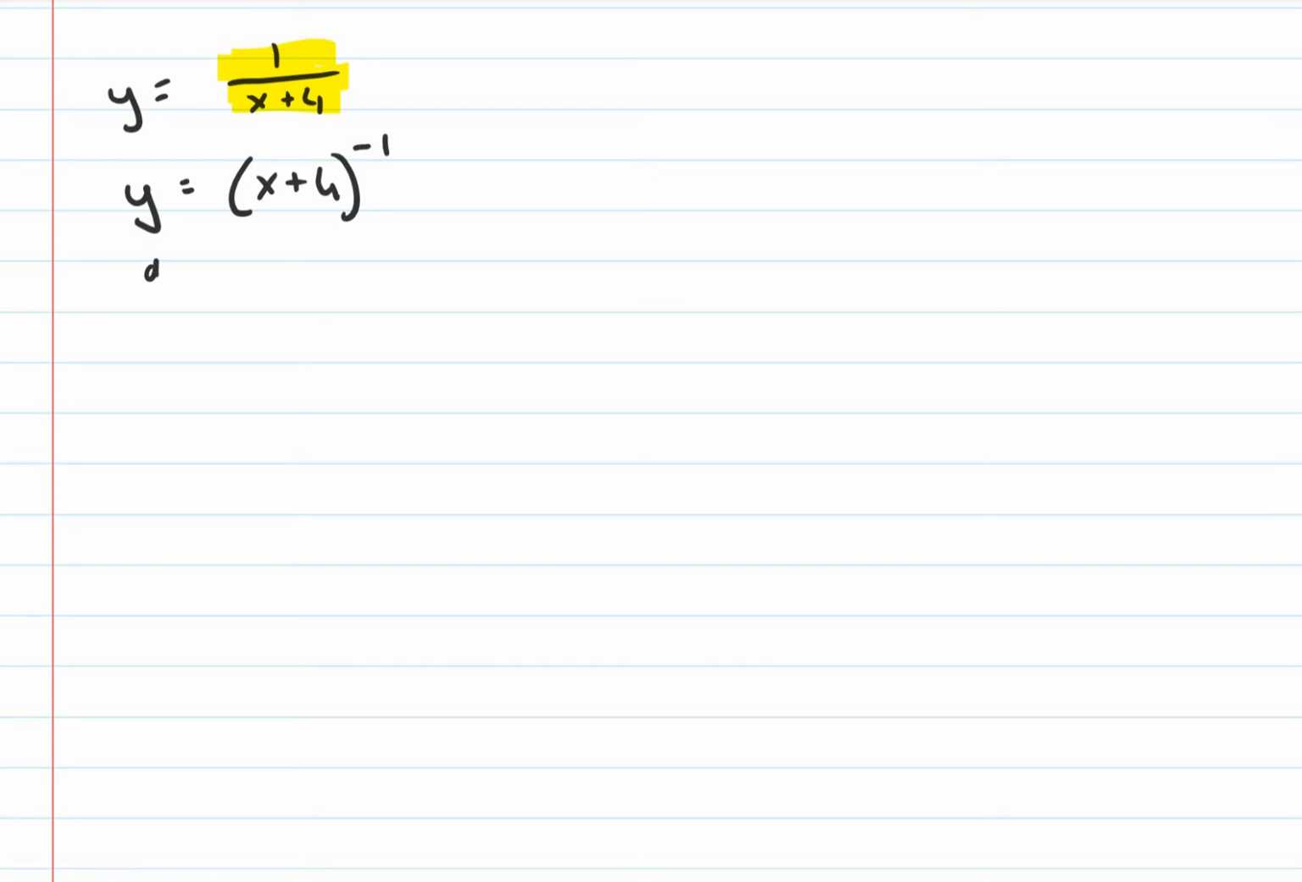So if I differentiate, dy/dx, it's chain rule again. So here we go. Minus 1 (x plus 4) to the power of minus 2, multiply by x plus 4 itself differentiated, which is just 1. So that simplified is just minus 1 (x plus 4) to the power of minus 2, and multiply by 1 is the same as just itself. Differentiate again, d squared y over dx squared equals